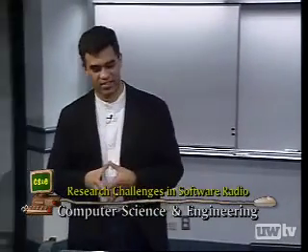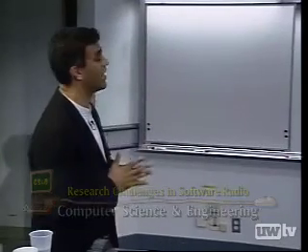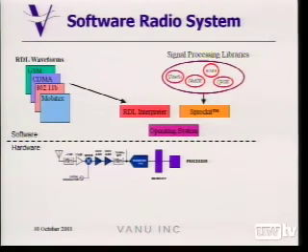So this is a very messy architecture diagram, which I just wanted to throw up to show all the different components and tell you what's in there and how certain things interrelate. So let's start at the bottom. There's some hardware. All those blocks are just a graphical way of saying, here's what I need the hardware to do. It's got to go out and grab some piece of the RF spectrum.